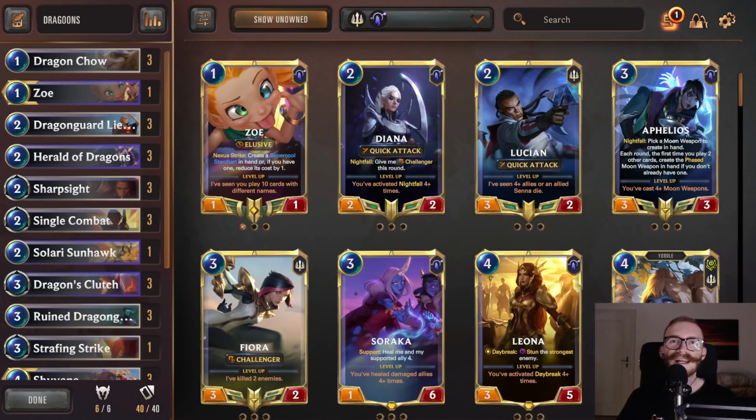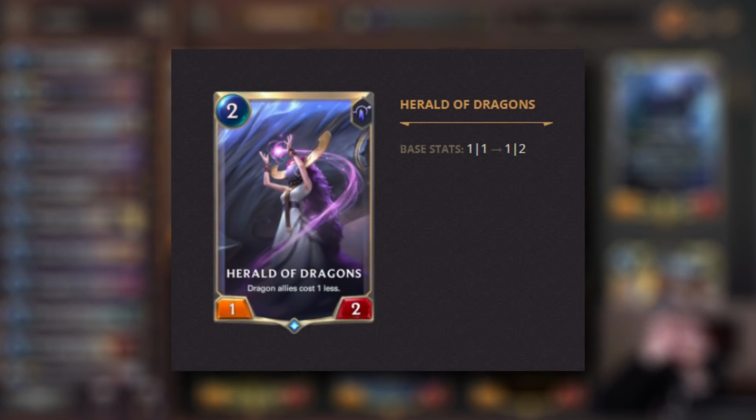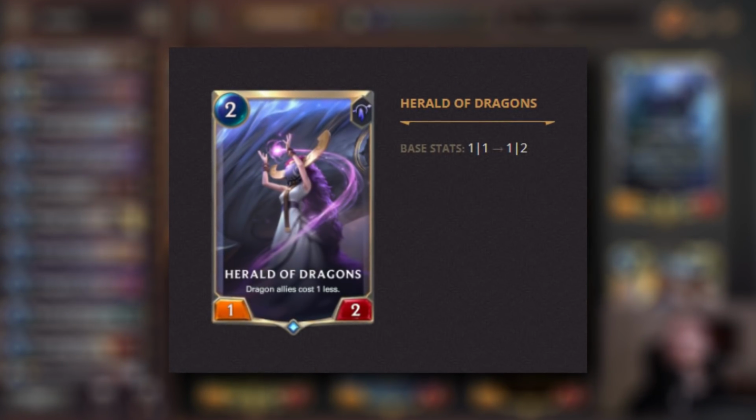The balance team at Riot has been trying to make dragons viable for quite a while now, just receiving some buffs here and there throughout the balance patches, always adding new cards, but this time they might have really tipped the scales a bit, and this dragon deck here received a total of 4 buffs, and they were all pretty relevant. So first of all, we have Herald of Dragons now having 2 HP instead of 1, which is very